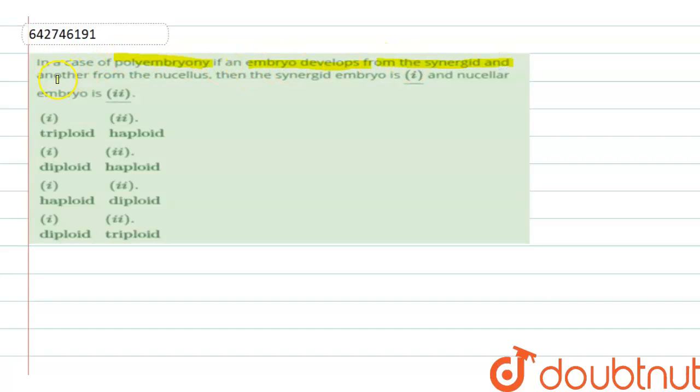Hello students, the question says, in a case of polyembryony, if an embryo develops from the synergid and another from the nucleus, then the synergid embryo is blank and nuclear embryo is blank. So for blanks 1 and 2, we have to fill from the given options. Okay. So if we talk about polyembryony over here,